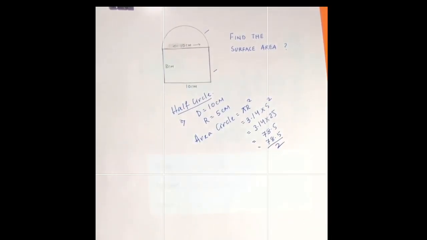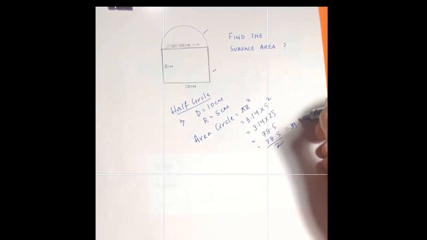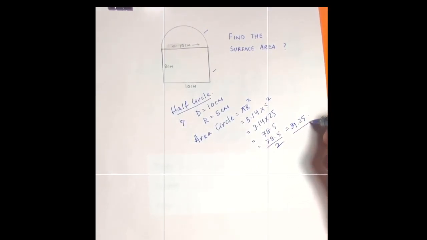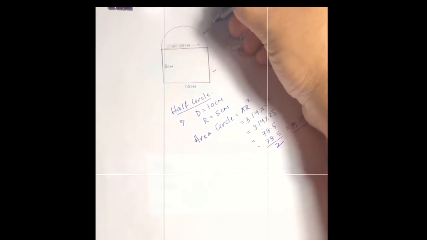So if you do 78.5 divided by 2, it is coming to 39.25. So we know now the area of the half circle is